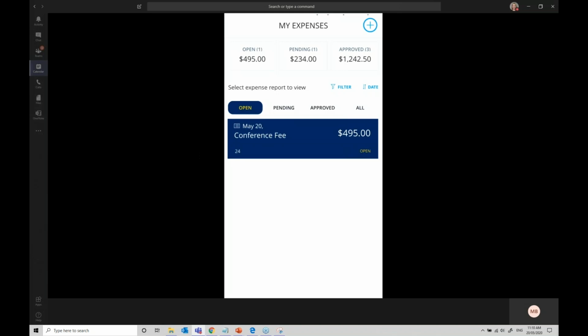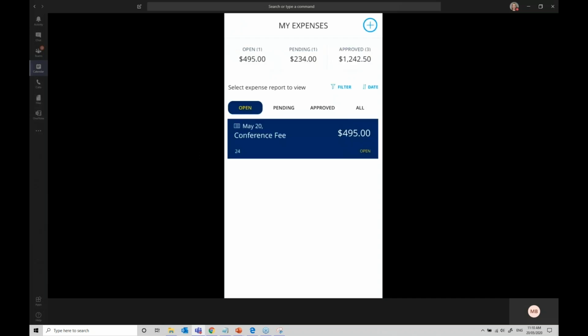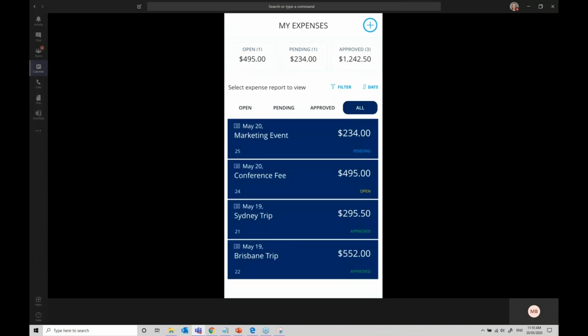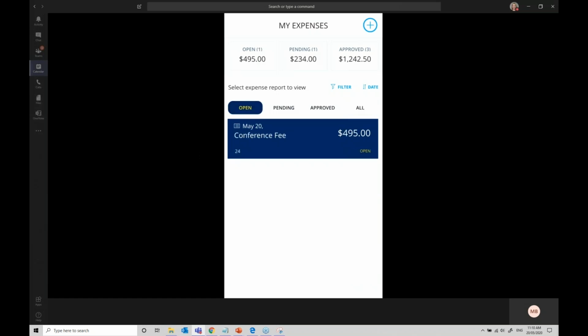It shows me my open expenses, so anything that I might currently be working on. I can have a quick look at anything that's pending, so things that I have submitted for approval that have not yet been approved. So if I have a look at my open ones, I can also do things such as date filters. It's automatically picking up the start date of my earliest expense in open there, so it makes sure that it includes everything, but I can change those. If I go and have a look at all of my expenses, I've got a little sort option here as well. So we can do things such as sorts and filters and even searches on these. So if I go back to open,